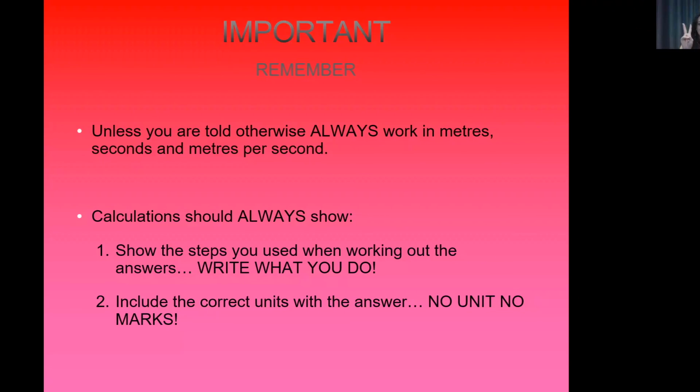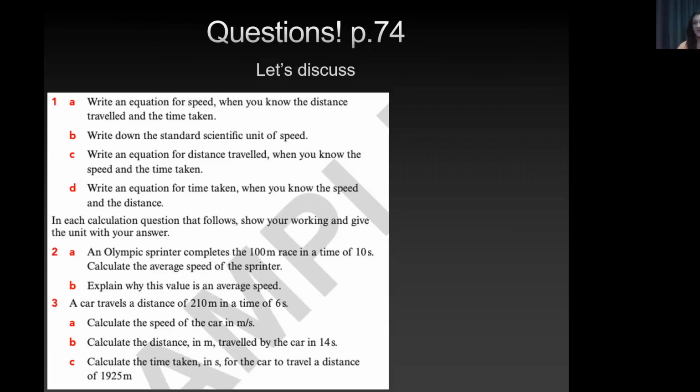And the second thing is include the correct units in your answer, because no units means no marks. In physics, it's not like math. We have to add the SI unit at the end of our answer. So always remember that. All right, so lastly, here is some homework that you can use to just test your